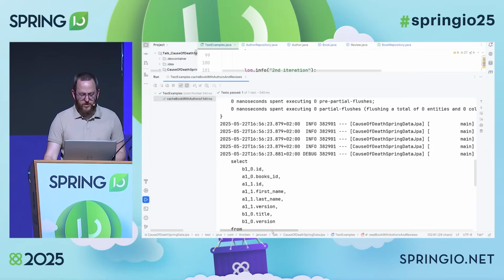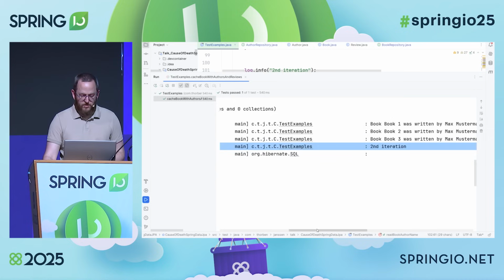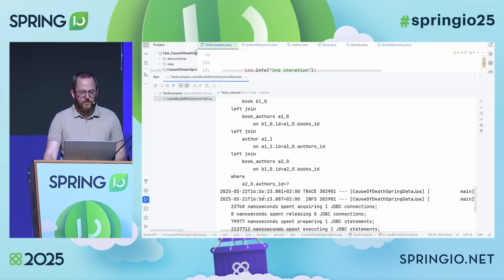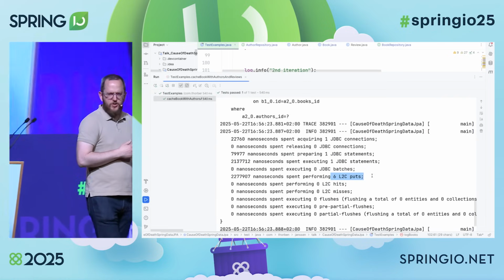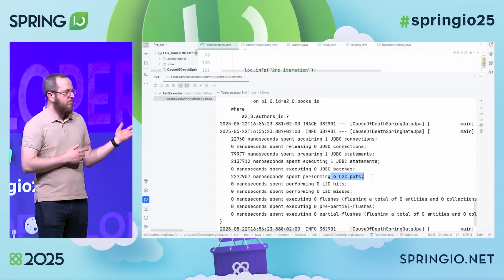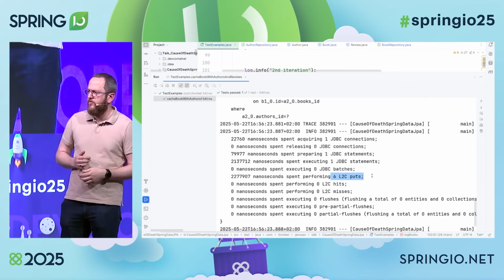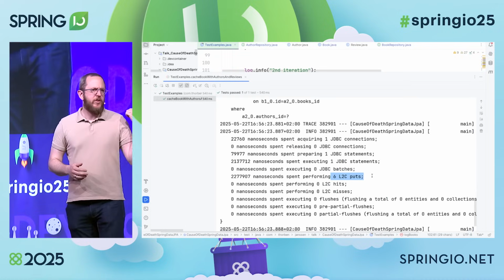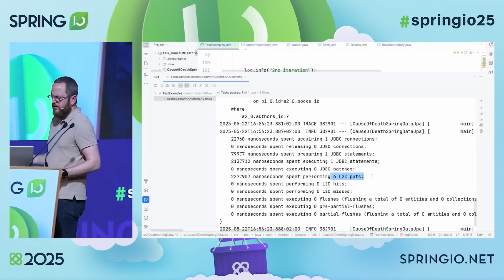But if we go down here to our second iteration, there starts the second iteration. We run the same query again. And we again put 6 objects into the cache. So we didn't get anything out of this caching feature right here, except for spending quite some time, probably 4.5, 5 million nanoseconds, on something we didn't get anything out of. Who has an idea why?